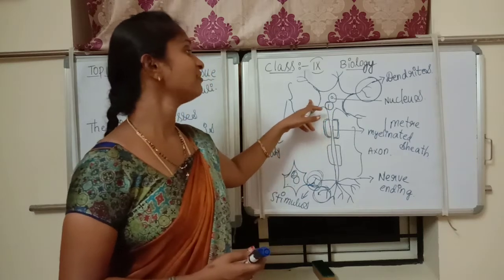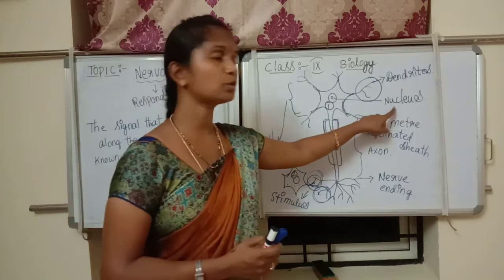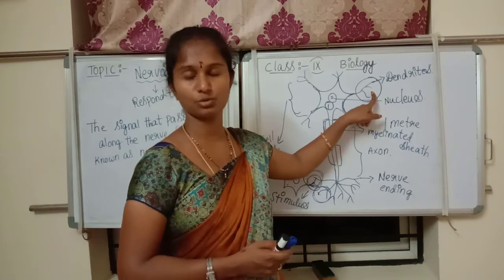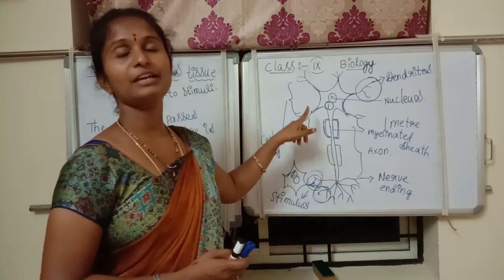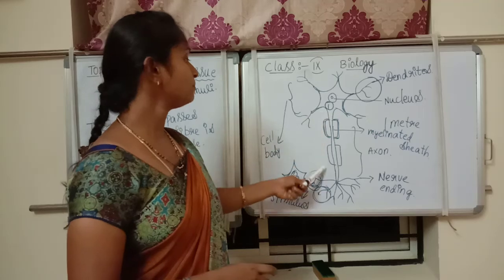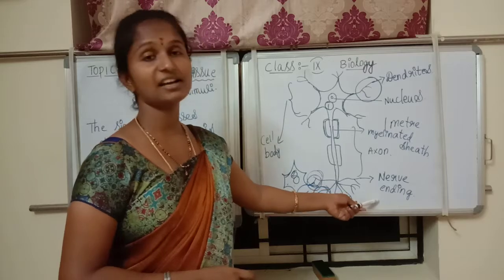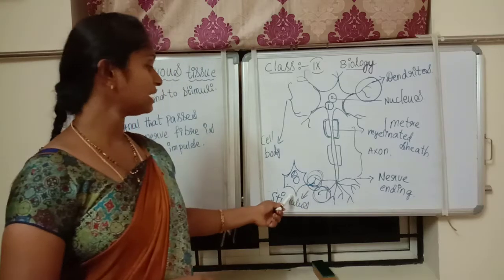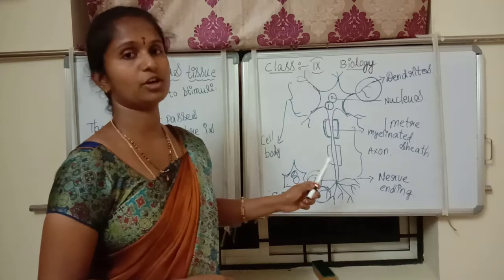The neuron structure was this only. The neuron has a cell body. That cell body contains the nucleus. The cell body has some hair-like, short branched, root-like structures that are called dendrites. From the cell body, one elongated part is nothing but the axon. At the axon ending, nerve endings are present. This nerve ending is helpful to contact another nerve cell, with the help of the dendrites.